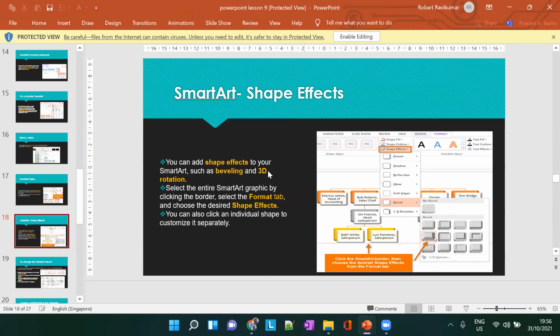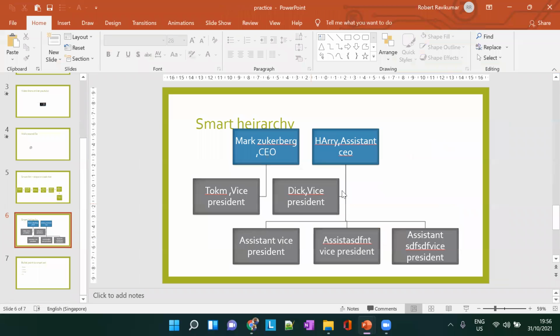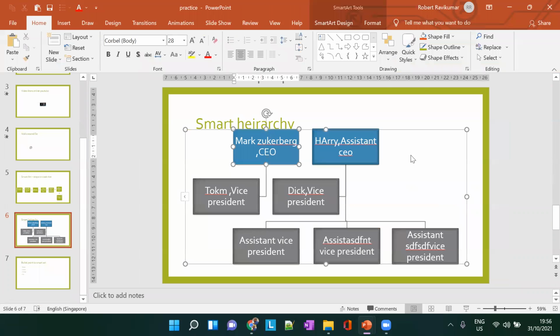Then we have shape effects. You can add shape effects to your SmartArt, such as beveling and 3D rotation. Select the entire SmartArt graphic by clicking the border. Select the Format tab and choose the desired shape effects. You can click the individual shape to customize it separately. So choose this one.